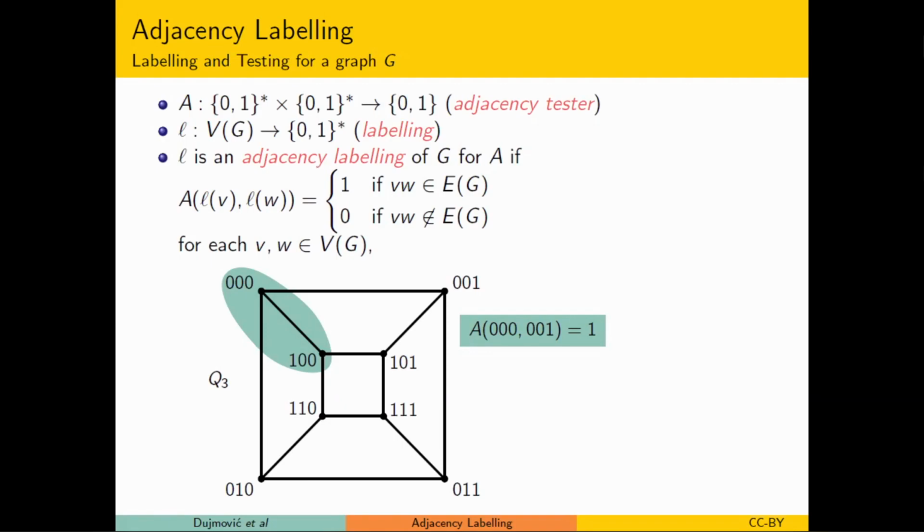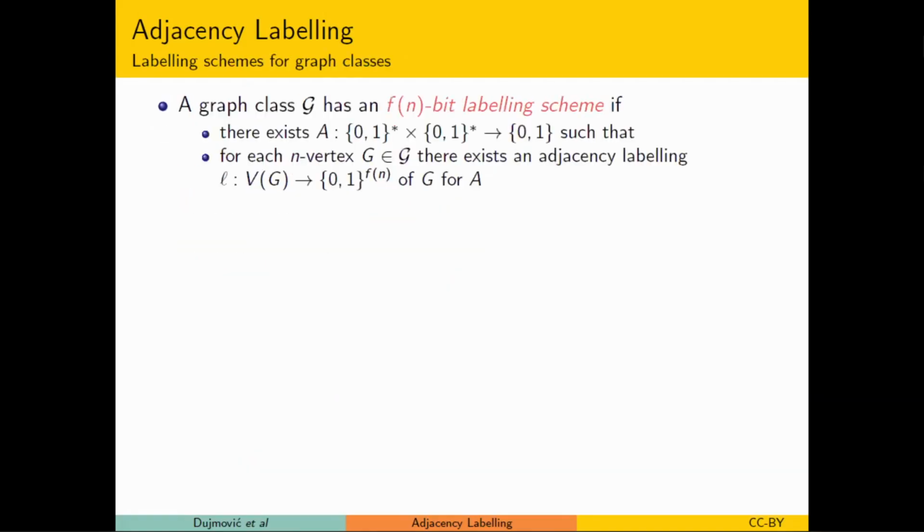Here it would output a 1 because those two vertices are adjacent. There it would have to output a 0 because they're not. But it gets interesting or non-trivial when you talk about a whole class of graphs. And there you say that a class of graphs has an f of n-bit adjacency labeling scheme if there exists